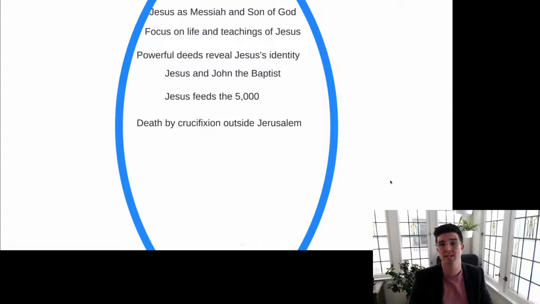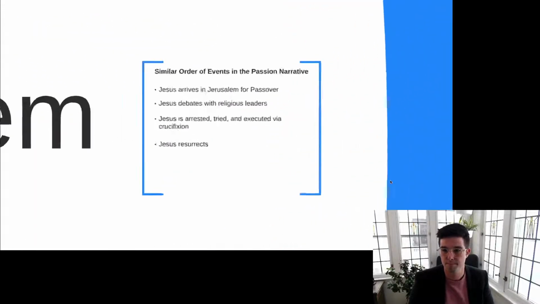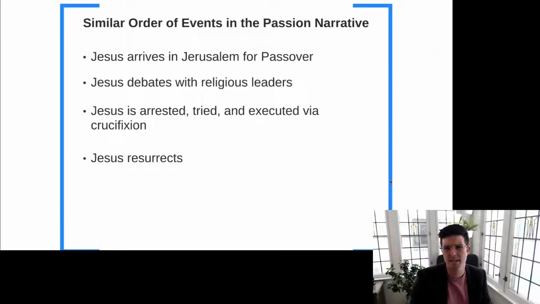Then, of course, Jesus' death is by crucifixion in all of the Gospels, and it's by crucifixion outside of the holy city of Jerusalem. And what we'll see is that also in the Passion narrative, so in the account of Jesus' death by crucifixion, the events leading up to it, and the events following it, there's a similar order of events between John and the Synoptics: Jesus comes to Jerusalem for Passover,